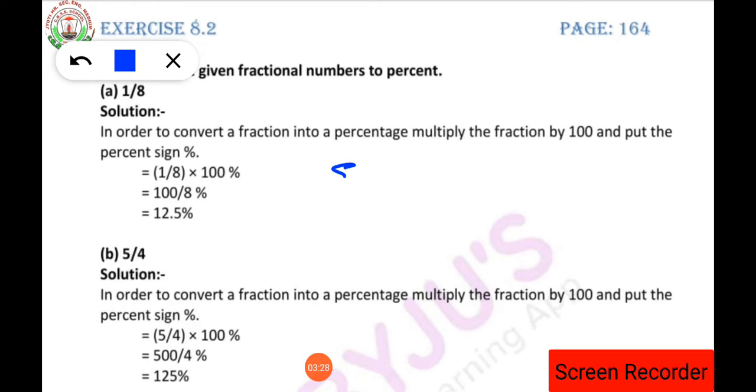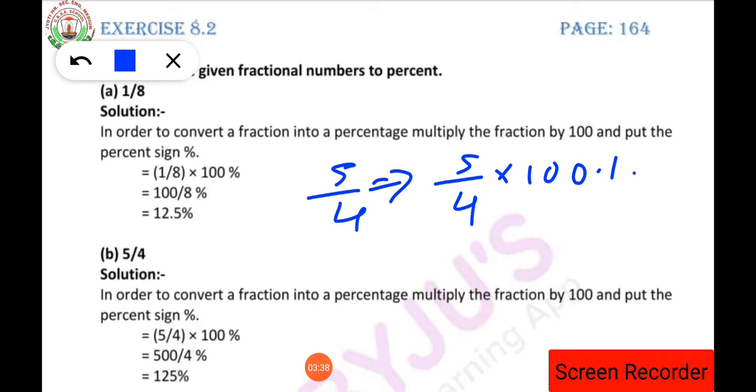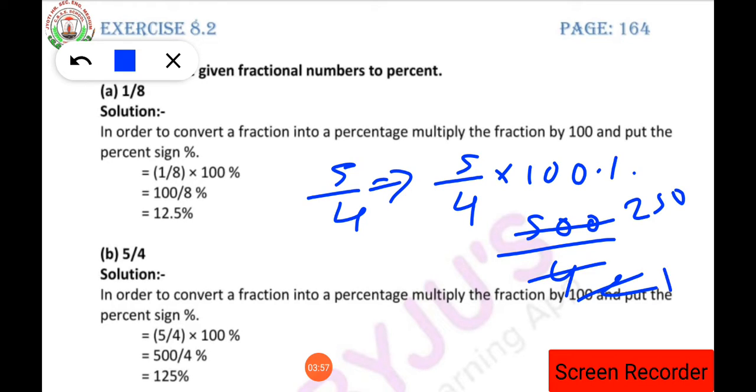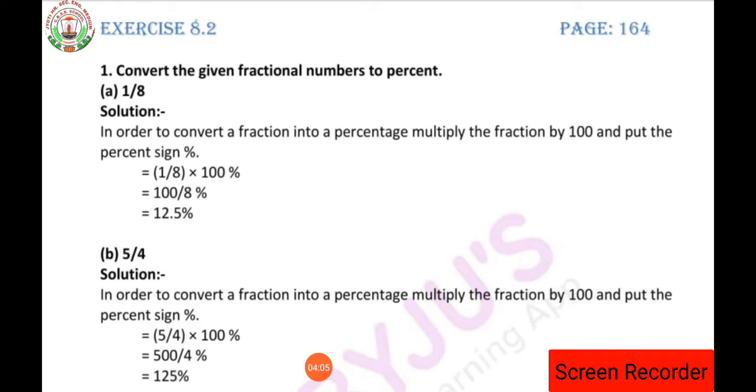In the same way, we are having the number 5 by 4 in the B part. We want to convert this into the form of a percent. So what we have to do? We have to multiply it by 100%. Now we can do the calculation. 5 into 100 will be 500 upon 4. Cancel it by the table of 2. 4 will be cancelled by 2 times, and 500 will be cancelled by 2 and 250. Again it will be cancelled. Here 1 time, 2 times and 5. So what is the answer we are getting? 125%. Have you understood up to here?